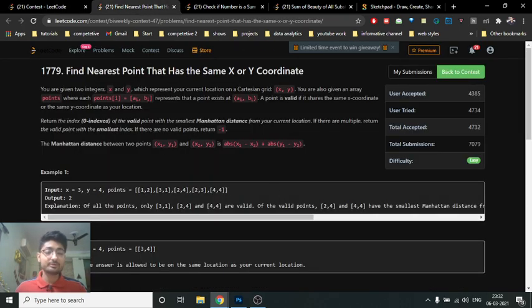The first problem is find the nearest point that has the same x or y coordinate. In this problem you are given x and y and also an array of points. Now you actually have to find out that, let's assume that this is one point which is x comma y and these are an array of points. Now you have to find out among all of these points which point has either the same x or same